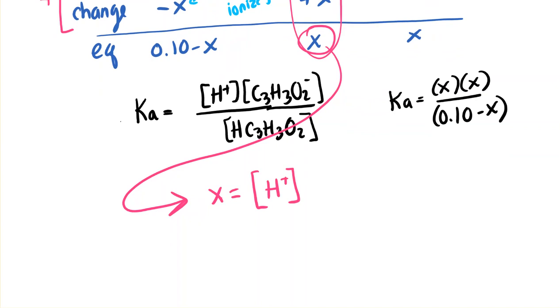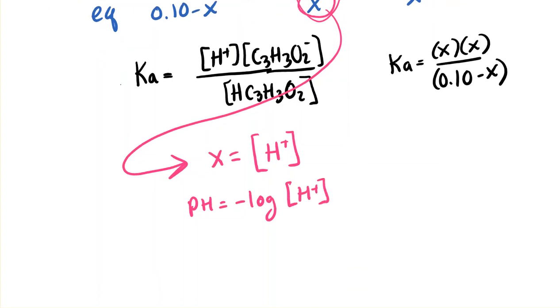So since it gave me the pH, we know that pH equals negative log of the hydrogen ion concentration. I need to solve for this hydrogen ion concentration, and then I'll have X, and then I can plug in. So I'm going to rearrange this, and we showed this. So it's the inverse log of the negative pH. So that's the equation,